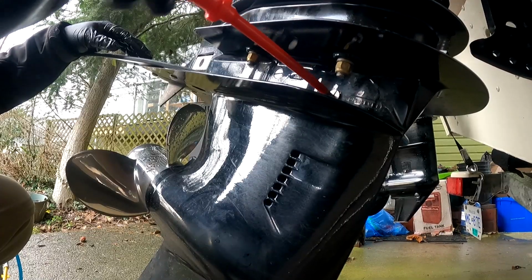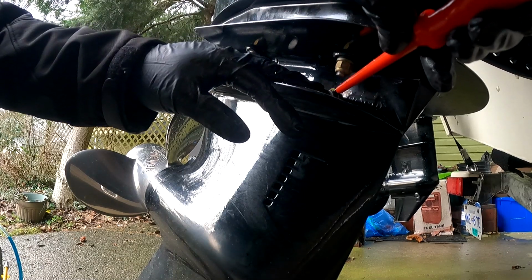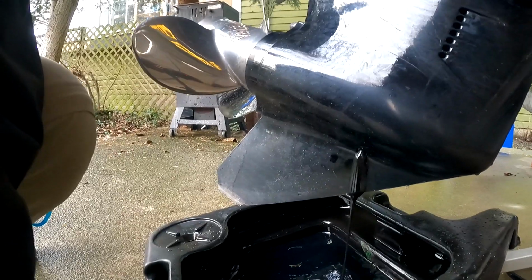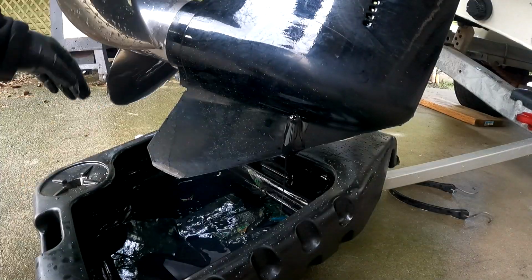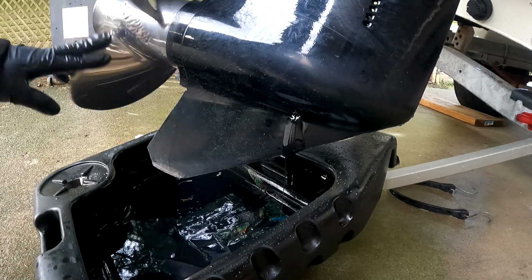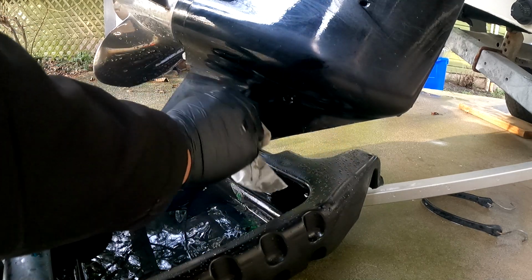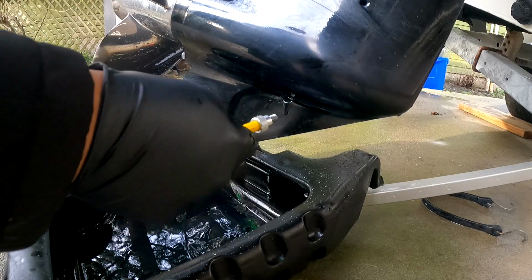So now you're gonna see that thing drain a lot faster. Okay, so here's that gasket. There it is. So here's that gasket on the top part. So we're gonna go ahead and wait for that thing to finish. Looks good, guys. Doesn't look like we got any contamination with water, so that's a good thing. So once you see it kind of trickling down and you remove that gasket,